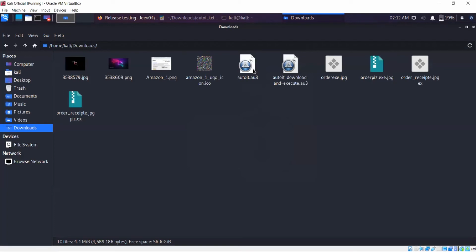Now, if you haven't installed Whale, this will not work for you because AutoWait is a scripting language that gets installed when you install Whale. So once you install Whale, AutoWait will be downloaded automatically. You don't really need to do anything. But if you haven't, you need to download Whale first. So I now have AutoWait.au3. Now I have my payload in it. So what I'll do is I'll compile this to an exe file.